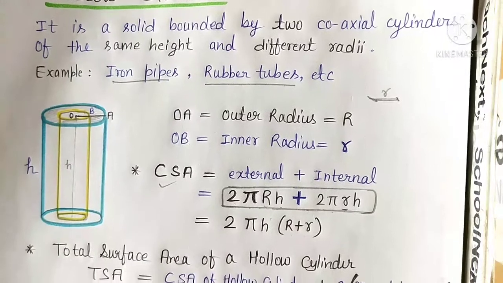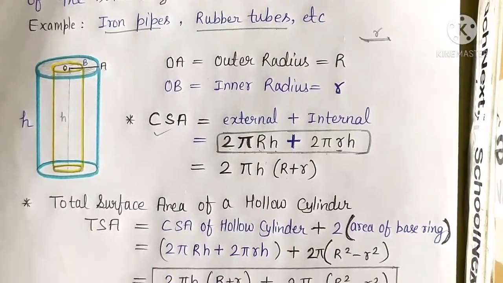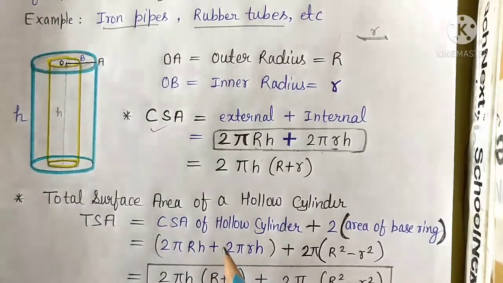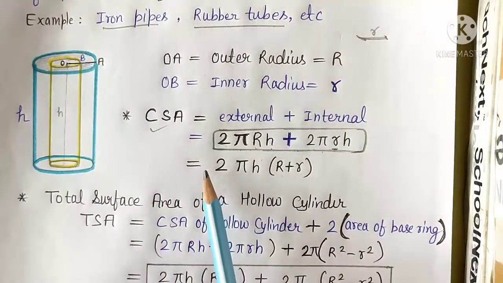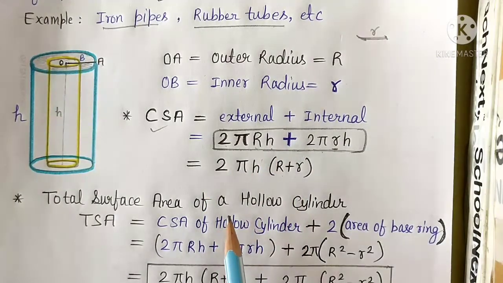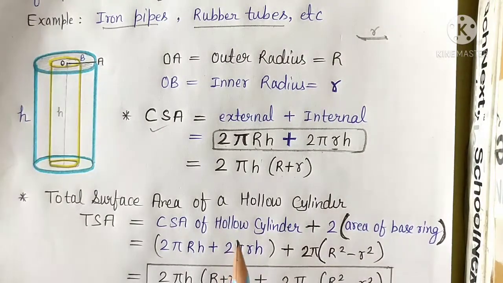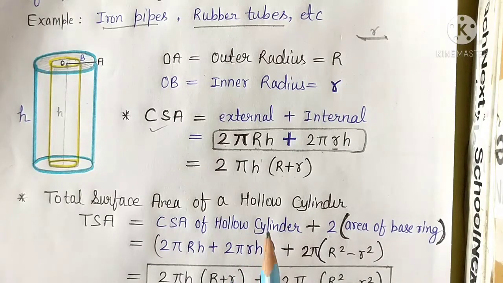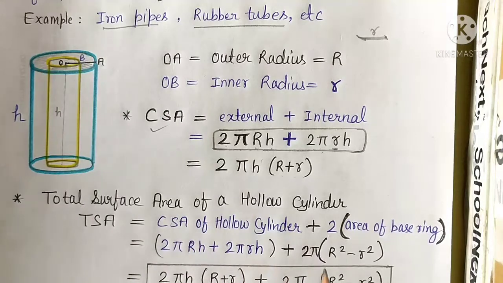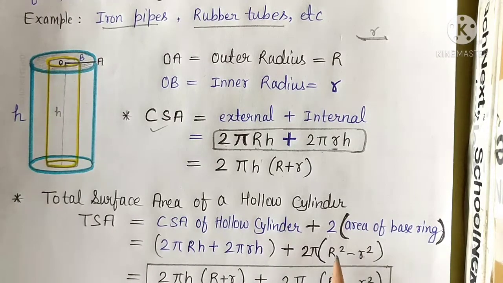Now if we have to find the total surface area, or TSA, of a hollow cylinder, what will we do? At that time we will take the CSA of both cylinders, meaning the CSA of internal plus the CSA of external, plus the area of the two bases. Those two bases are what? Circle areas. It means 2πr². But again I have to tell you that when we are taking this, r is different. One is capital R, another one is small r. We count the radius two times, so that's why we are subtracting small r square from the bigger R square.